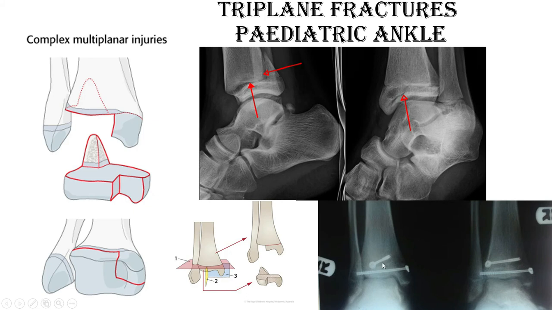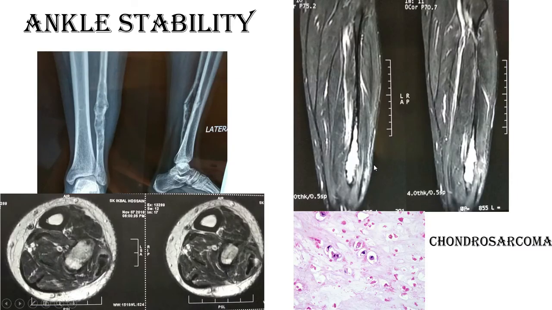And how do we address it? By putting a screw under the C-arm. It sometimes needs open reduction also, because if you do not reduce it properly, then it can cause a malunion and it can cause huge physeal damage, and it can cause limb length discrepancy in the long run. Okay, now